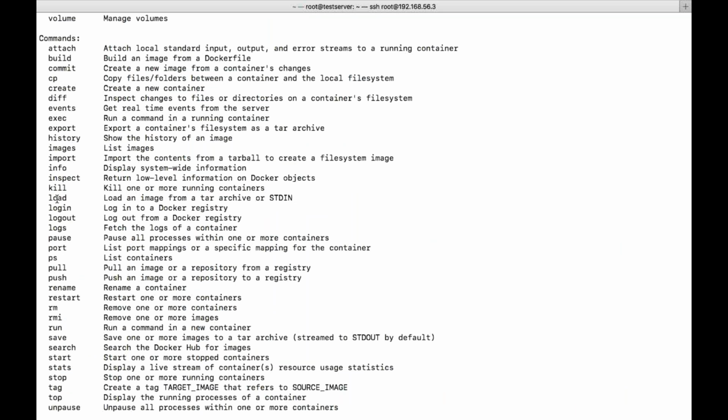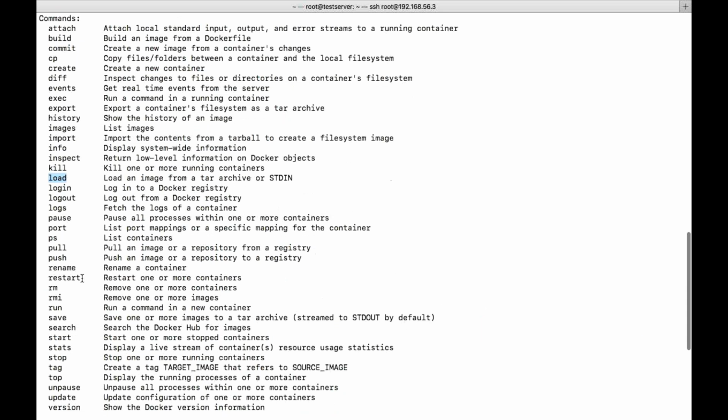So what is load? Load an image from a tar archive. Already told you, let's say if you want to create an image, there is another option which I explained. So load is like to create an image from the tar archive.